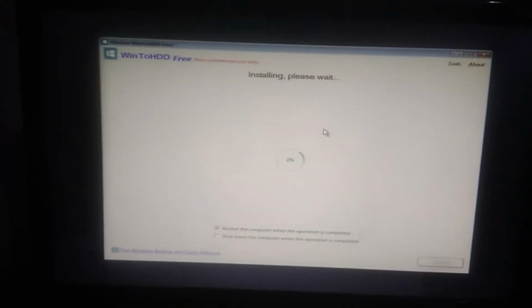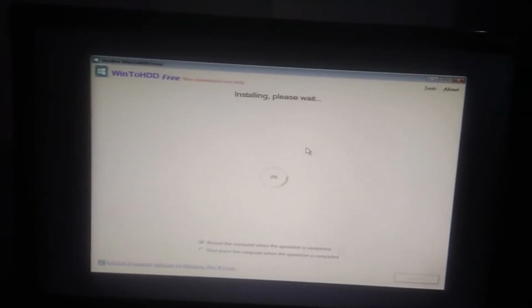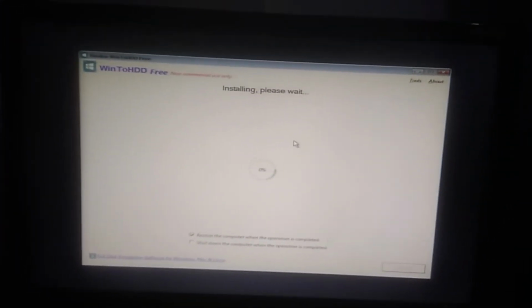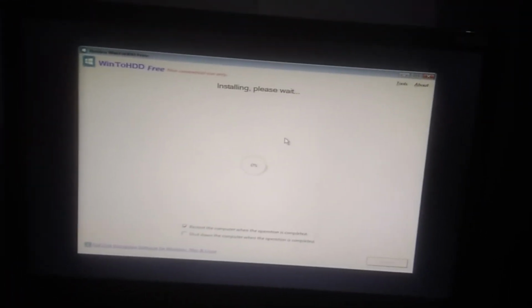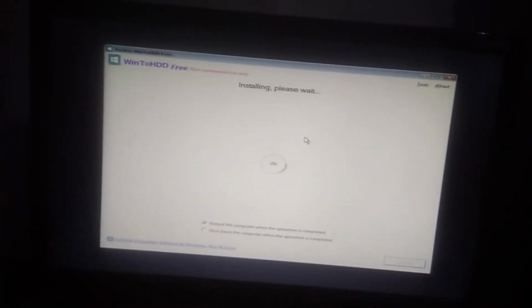So give it time here, don't quit this process, otherwise it can get corrupted. The time will depend upon your system disk, whether you are having HDD or SSD. So give it time. And in this process it will get restarted again and again, so don't worry.